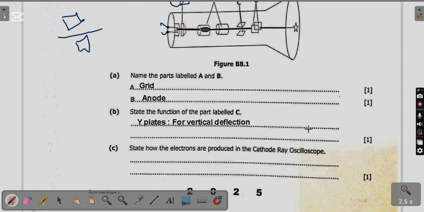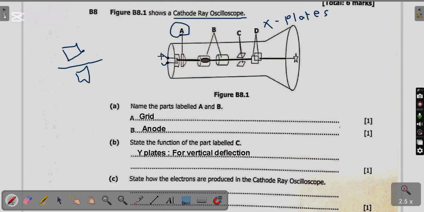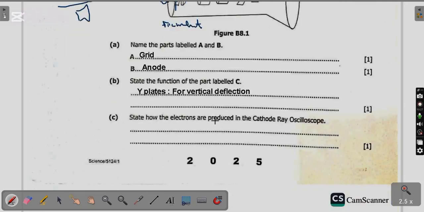So let me explain how this is happening. This is connected to a voltage. The voltage is going to heat up the filament there. So this filament gets heated up, and then the cathode emits electrons, they pass through the grid, then they're accelerated by the anode, and then here they'll be deflected vertically and horizontally. But now we just want to state how the electrons are produced. So what we're going to say is